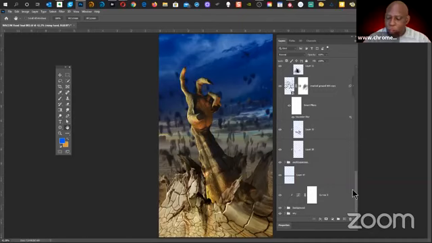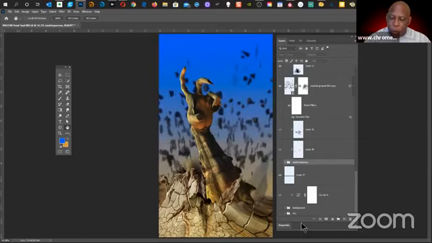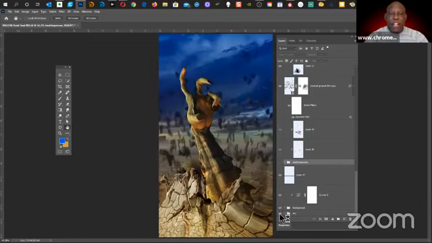Okay, so if I go down, see what this is. This is our more debris for the background in its own separate layer, and that's pretty much painted in. And then, of course, our background back here. I like to keep everything organized in layer groups. I think that's critical. Naming every single layer is kind of a pain, so what I do is I group them and name the groups and keep organized that way.